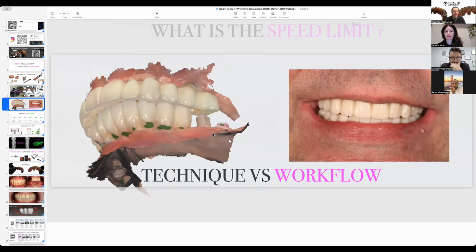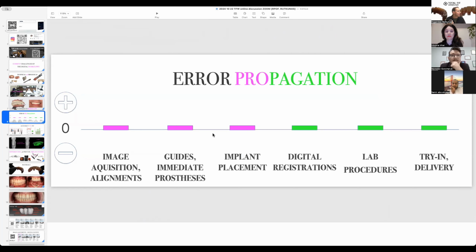Then we have a lot of techniques, and those techniques work reliably nowadays. Intraoral scanners, I think, are very successful now in capturing implant scan body positions, but it's not enough. We need bite registrations, so many other things, dynamic movement recording, and so on. Then we have the error propagation problem. I will not be able to show this animation, but these errors tend to appear, and so on.